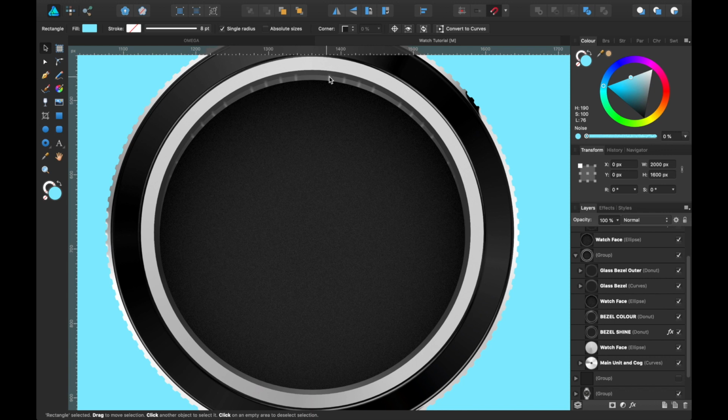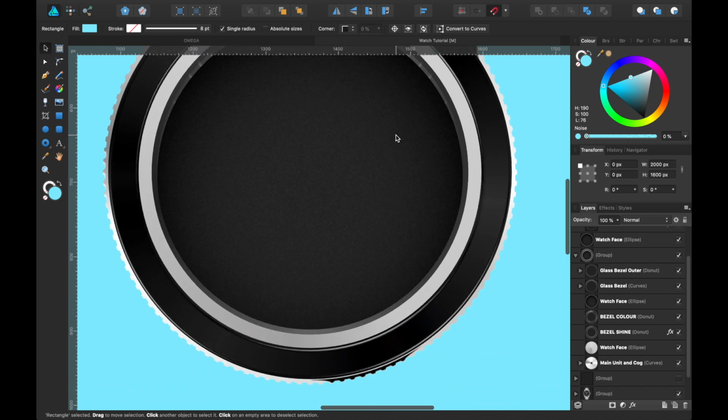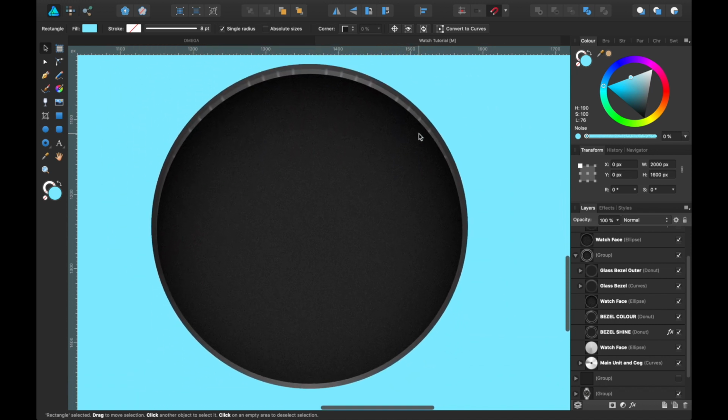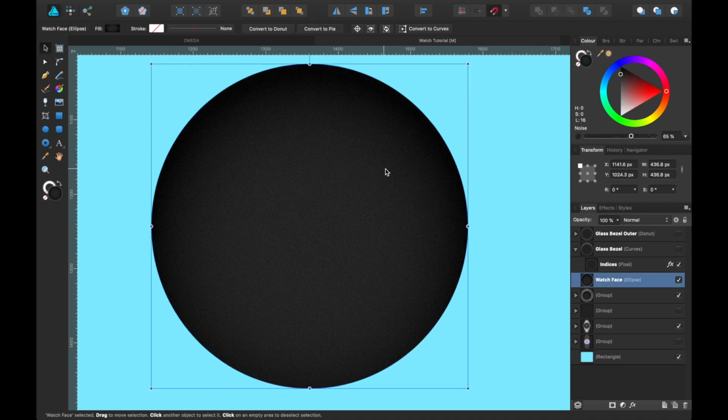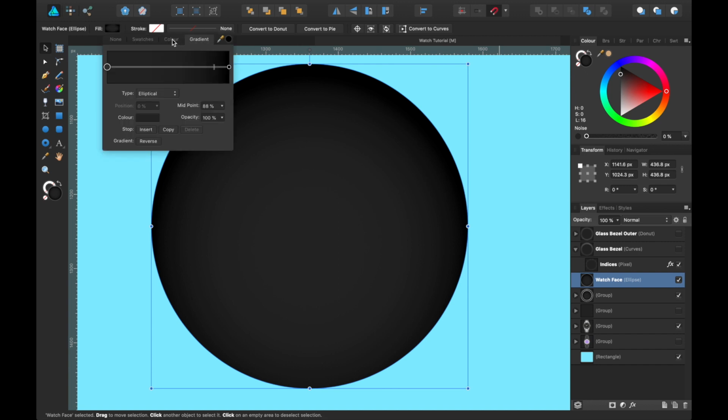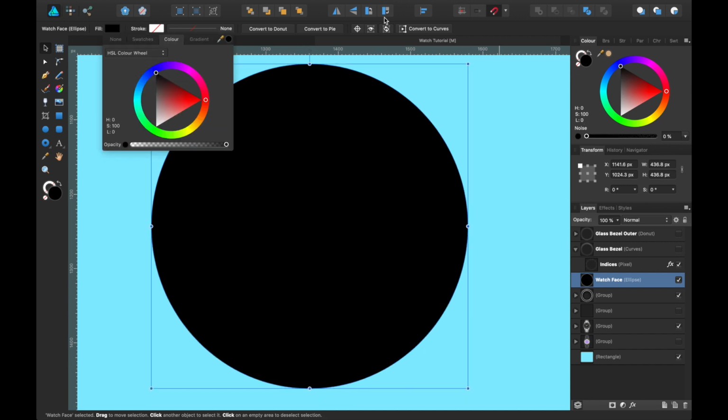So let me scoot over so you can see the watch face is here, round circle. The cutout bits, they are a separate layer and a separate shape. So going down even more simple, here you see I will get rid of those. So the watch face is here. What you want to do to create these bits is this. You're going to grab a watch face, I mean exactly the same size, just copy it, and you want to cut into it. First of all, I'm going to take the noise off of it, just so it's just plain black, and I'm going to go to color and make it just completely black.